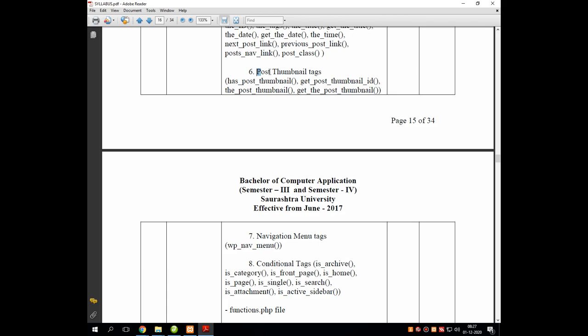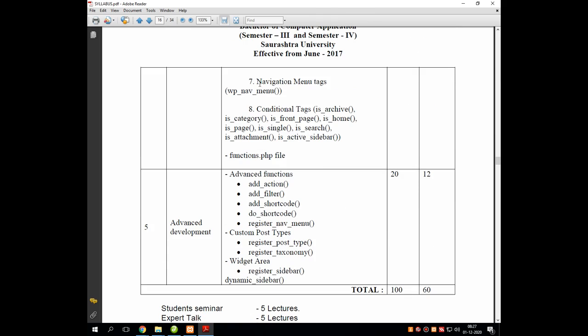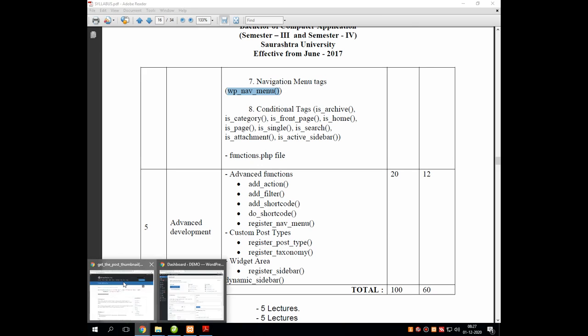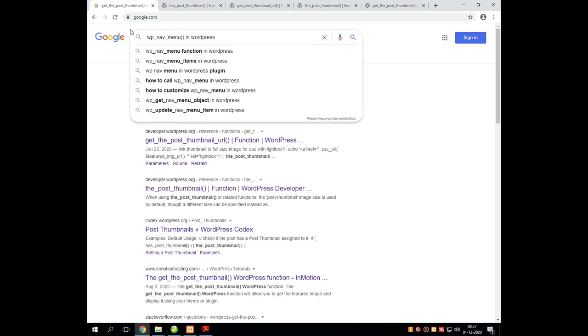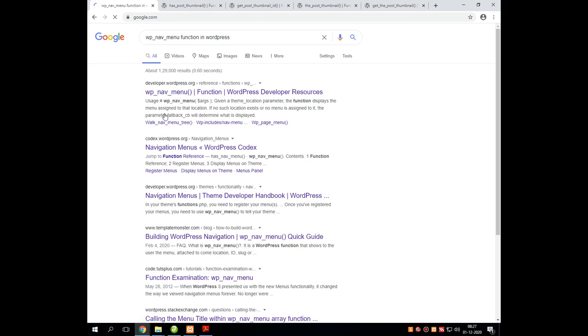So this was all about the post thumbnail tag, option number 6. Now we can go for the seventh option, that is the navigation menu tag. It contains only a single function that we need to discuss, wp_navigation_menu. This function is related only to the navigation menu available in WordPress.